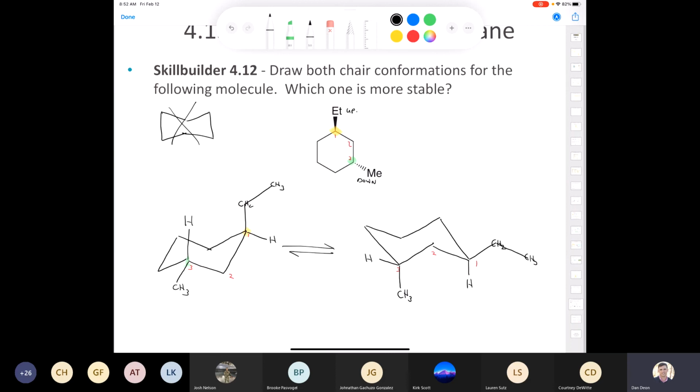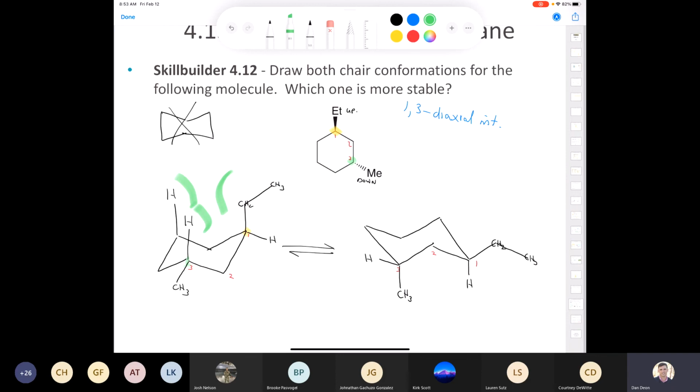Yeah, it's going to lie to the right, right? It's going to lie to the right based off of what? 1,3-diaxial interactions. Look at the axial position over here. There's only one of the substituents that's axial. It's the ethyl. The ethyl is going to have a 1,3-diaxial interaction with that hydrogen and with this